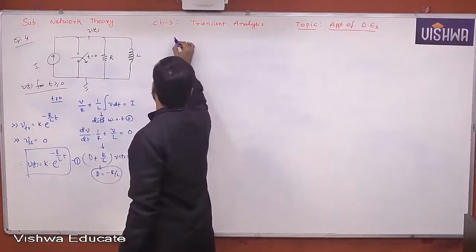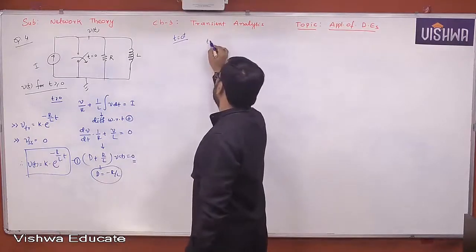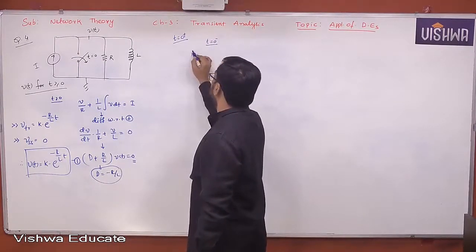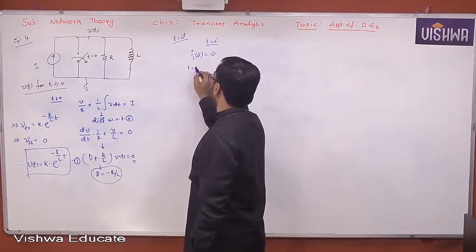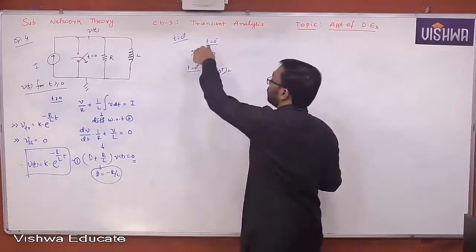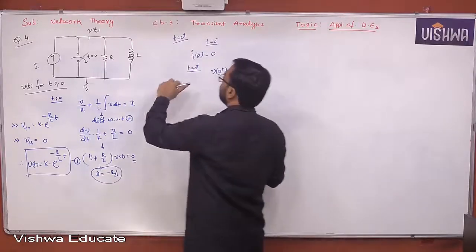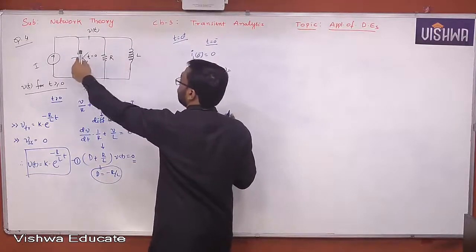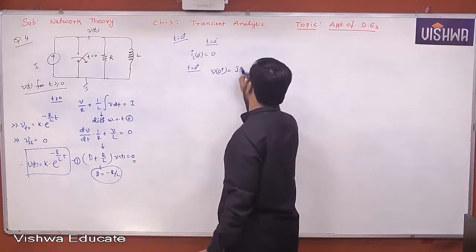But what about step 2? T equal to 0 plus conditions we are supposed to determine. For that, you require t equal to 0 minus conditions. IL of 0 minus is what? 0. Then t equal to 0 plus conditions. Okay, you get V of 0 plus. Yes or no? In this step, we are supposed to find only current through inductor. Based on that, we construct t equal to 0 plus equivalent. Current 0 refers to open circuit. Switch open, entire current is passing through R. Finally, you got I into R.